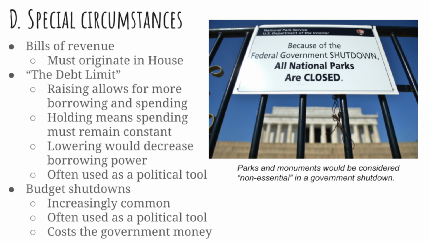Very recently, Speaker McCarthy and President Biden issued a 2-year deal to raise the debt limit. This has been used as a political tool recently and increasingly has become a cudgel that can be used to force concessions by the president. It's not really good practice because we've already spent that money. We have to pay it back. But hopefully, over the next couple of years, at least, we don't have to worry about raising the debt limit. Ironically, if debt limit deals aren't reached and we have a budget shutdown, it actually ends up costing the government money, which isn't good for anyone. So it's always best for Dems and Pubs to get together and figure out a way to fund the government.